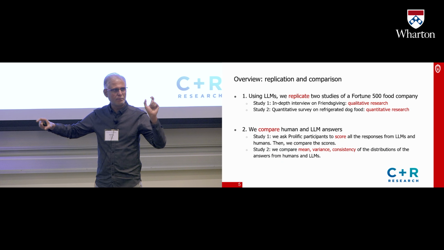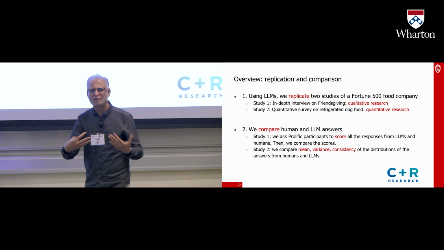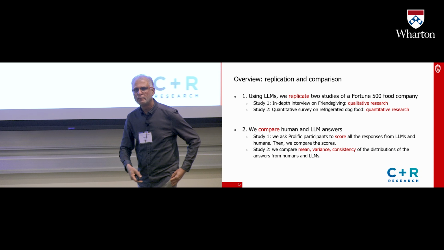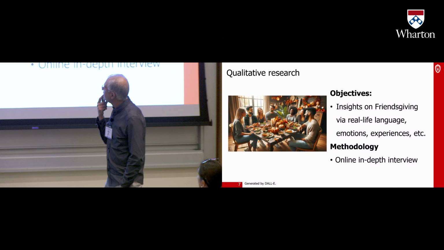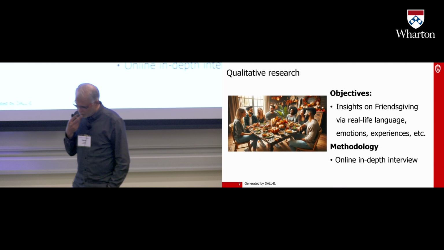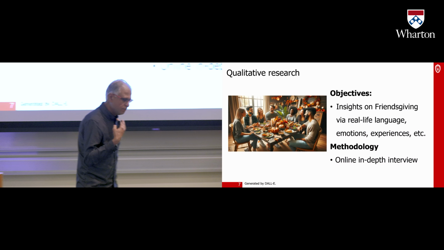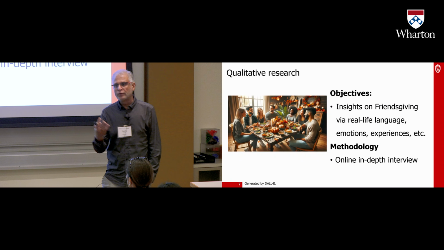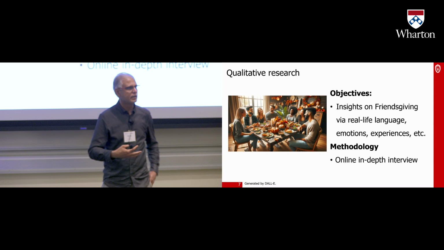If you're doing a survey, for example, if you're doing anything qualitative, we develop a roadmap that serves as a guideline for how we think you should be moving forward in doing marketing research in the quant space. So the first study pertains to Friendsgiving. Friendsgiving is a variant of Thanksgiving, where folks who are not around their families get together with friends and celebrate.